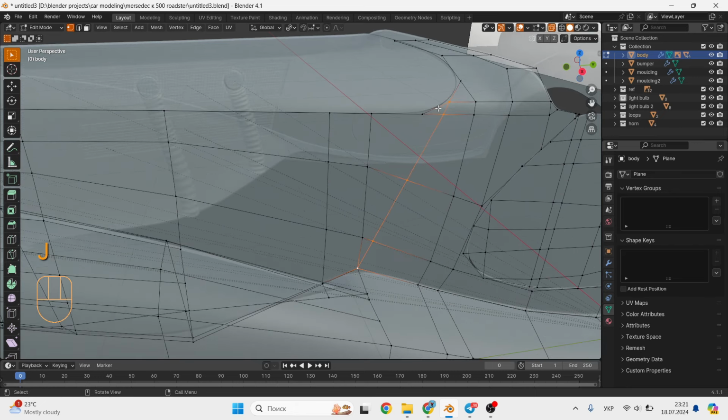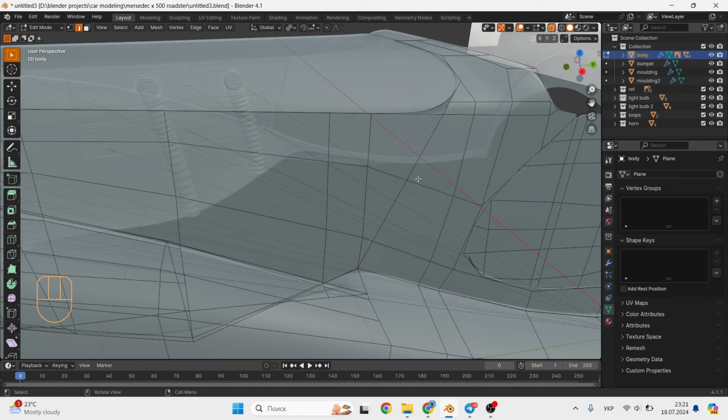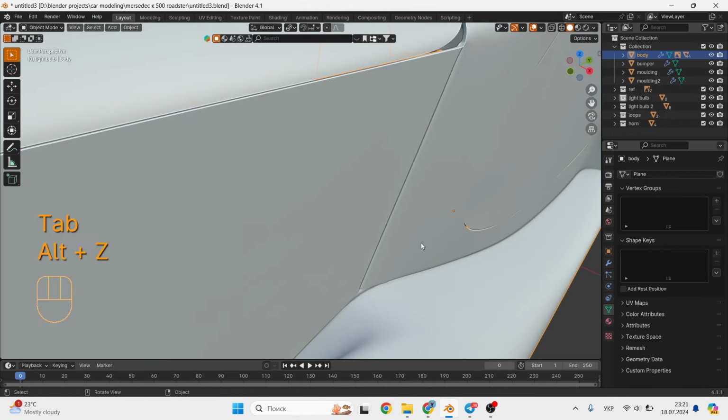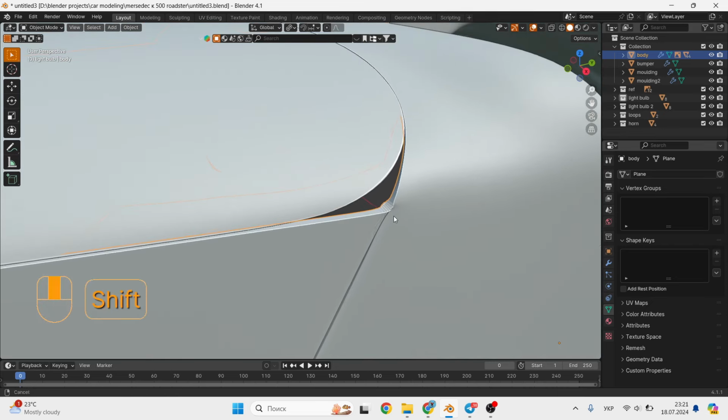Next, when the grid is ready, I select two vertices that need to be connected. Using the J button, I use it because at the intersection of the edges it creates additional vertices, thus creating a stable topology. And in order to divide the strip into two, I use the Ctrl-B combination. And so when this line is ready, without cancelling the selection, press the E button and press the face inside the car. And so we get such a strip.